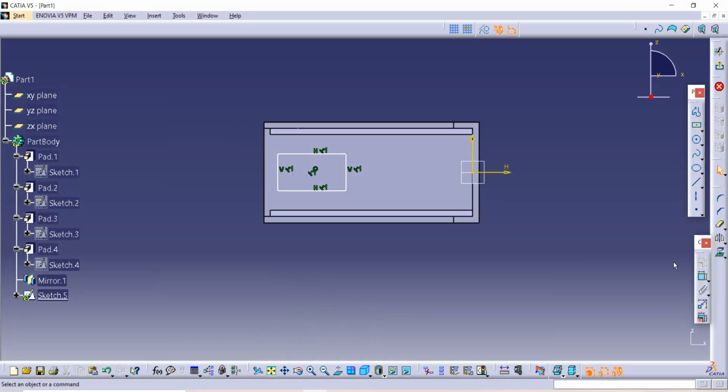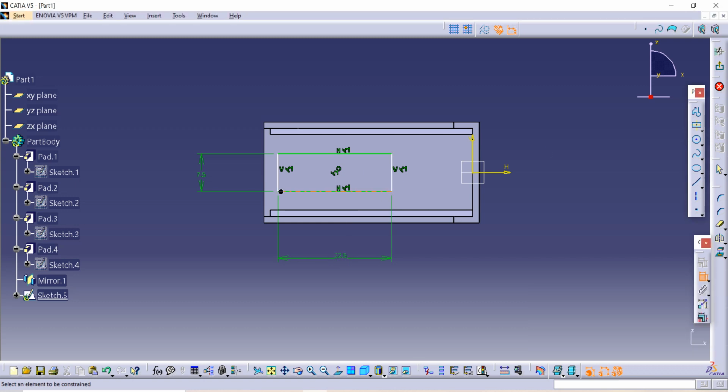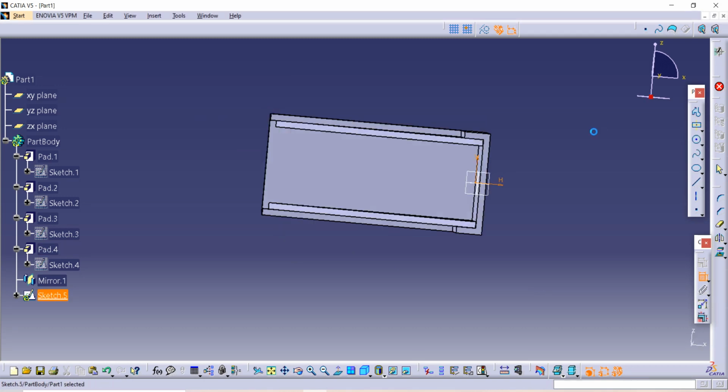Now let's give dimensions by using the constraint option. This is given as 7.5 and this is given as 22.5, and the given distance from this line to this line is not there, so I am using 3 here. You can use anything, but 3 is suitable. Now again go on Exit Workbench.